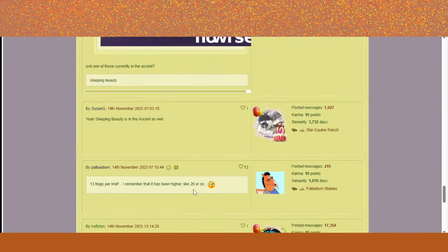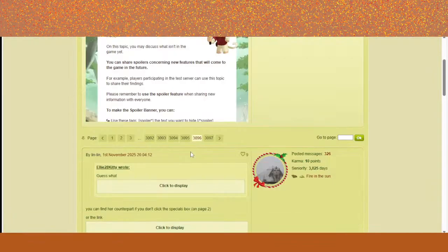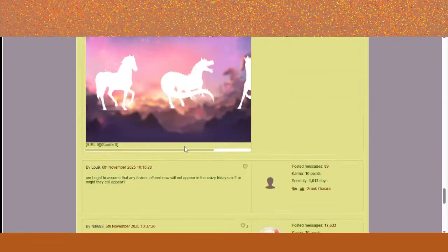Phone cameras. Sleeping Beauty's not the smartest. Yeah, don't even get me started on Sapphire. I'm so angry about that one. So Sapphire came out as